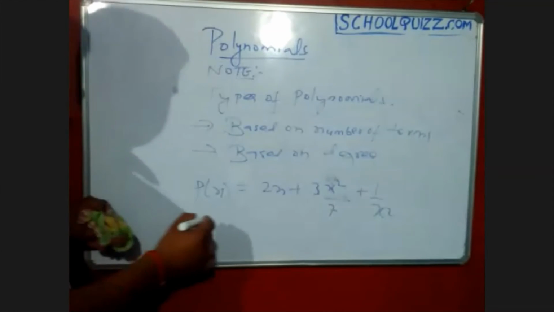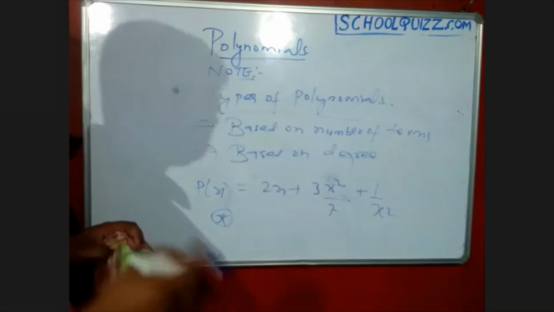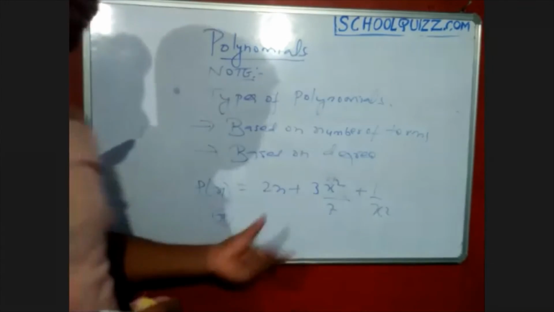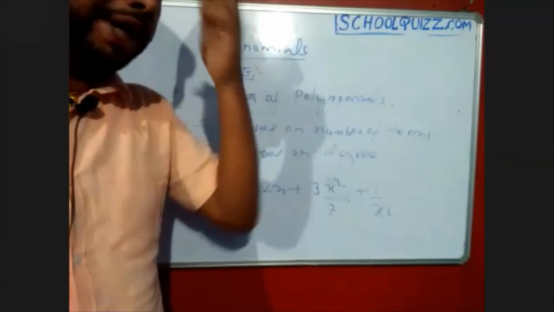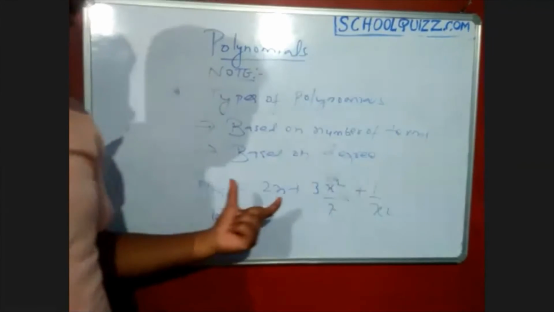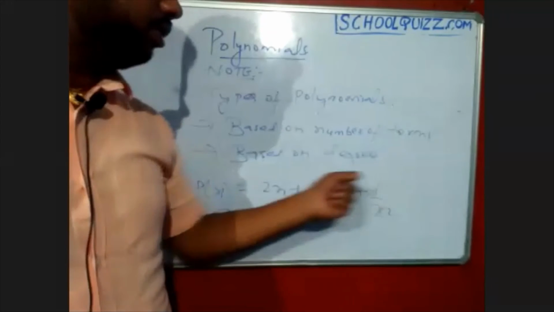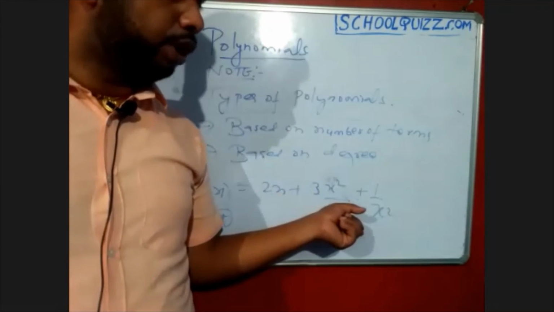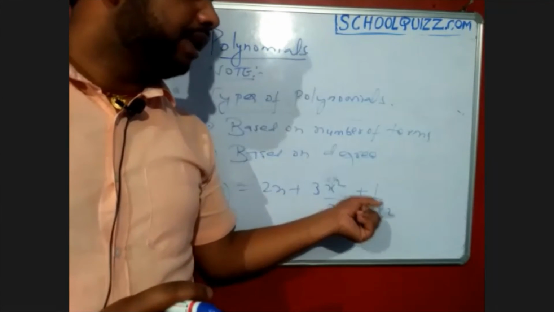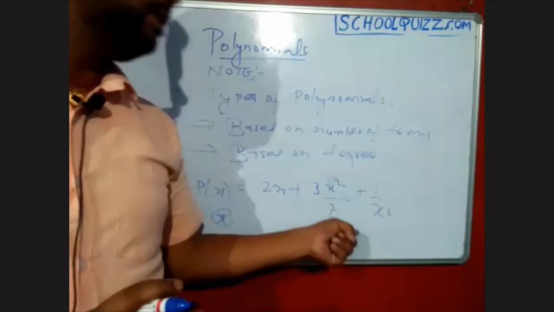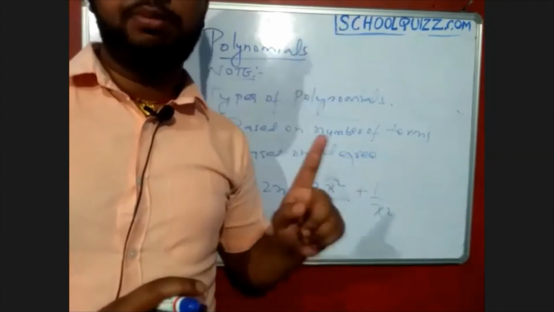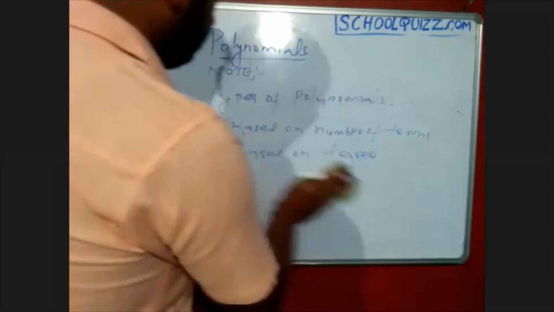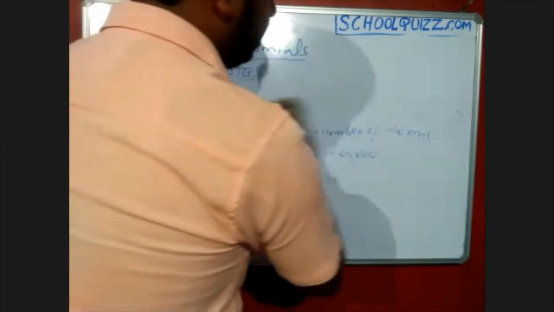So that's why I'm saying, in suppose true or false or some 1 mark question, they will ask if all polynomials can be multinomials, because whatever the polynomials are there, we can say multinomials, but all multinomials cannot be polynomials, because this is also a multinomial, but degree is negative. No matter in multinomials, but in polynomials degree must be non-negative. Okay, so these are the important points based on the terms for separation of types of polynomials.